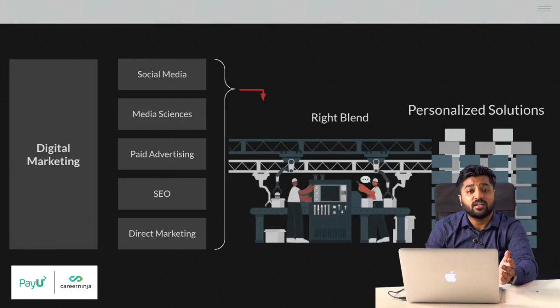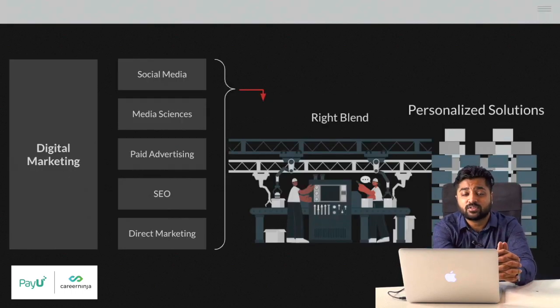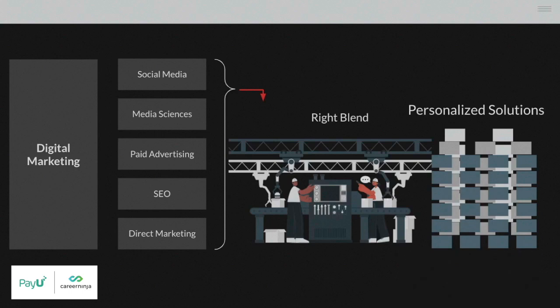Followed by that, you can see a quick demonstration on my screen that says the 5 major principles of digital marketing: social media, media sciences that include a bunch of paid marketing networks, paid advertising, SEO, and direct marketing. And the right blend of a lot of digital experts together creates personalized solutions for brands across all the segments, because we all know the kind of strategy that people require for tech brands is going to be very different